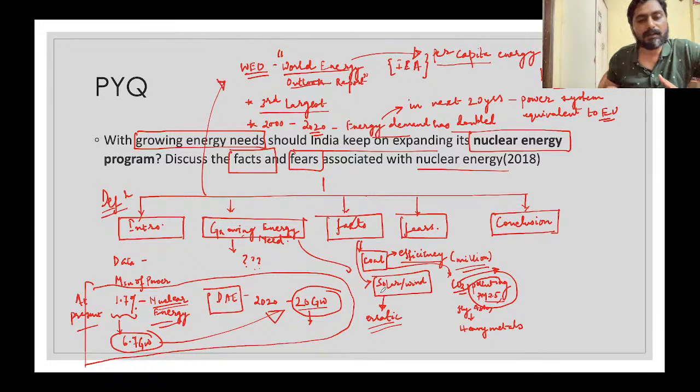Then we are not able to produce at night. So what do we do at night? Then we have to go for storage. Because of this erratic nature, we have to also go for storage. That itself is a very big challenge, because solar and wind electricity is not being produced on demand.